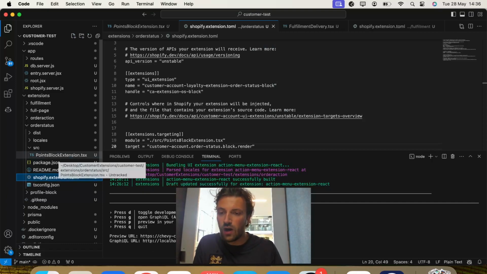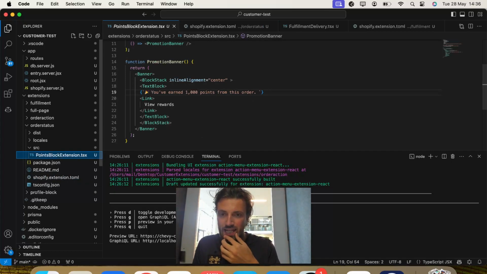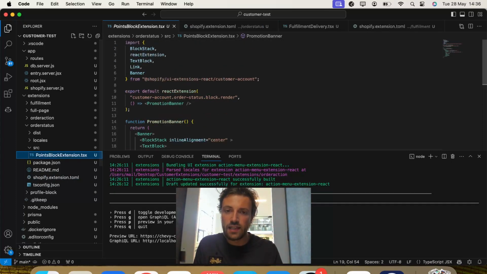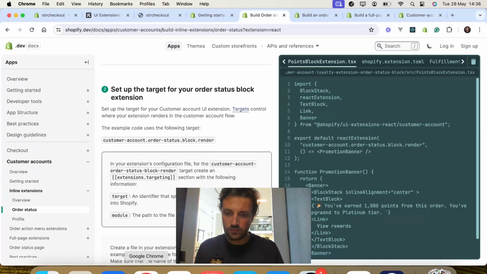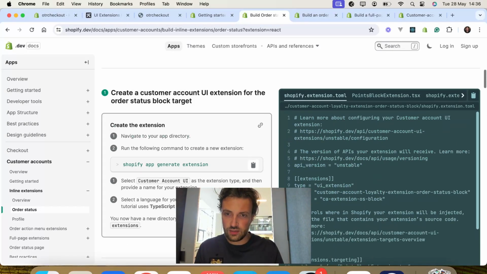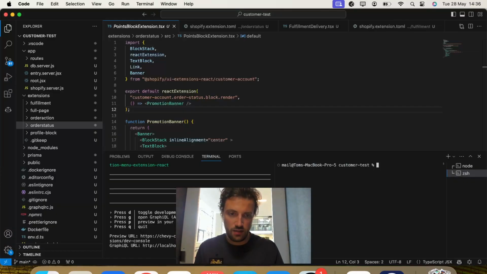What happens when you generate a customer account extension is it gives you two files. You want to delete one of the files and then rename them, then delete out the old context. If I do an example for you actually, just so you know what you're doing, if you go to app generate,